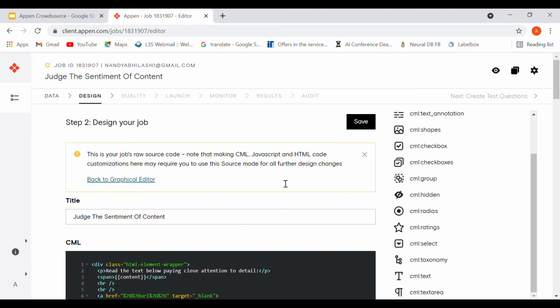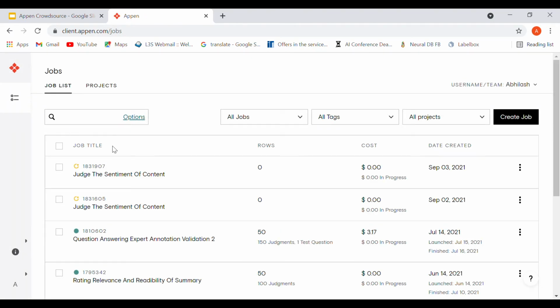Since we do not have the data here, let's go back and see a previous annotation task that I launched to get an overview. Let's say we go to this question.